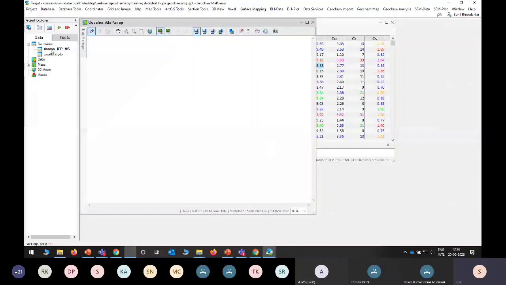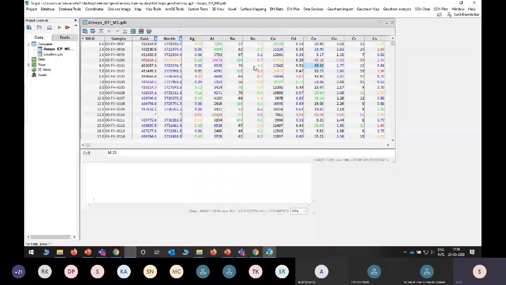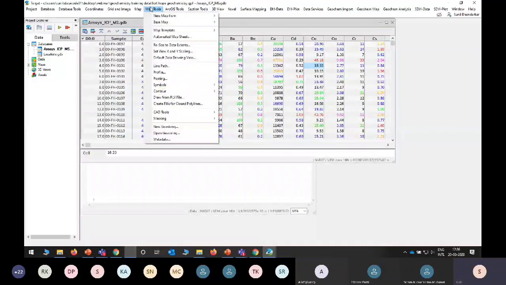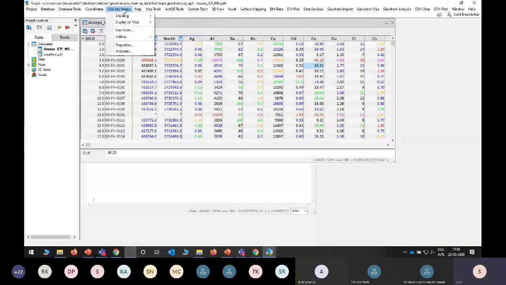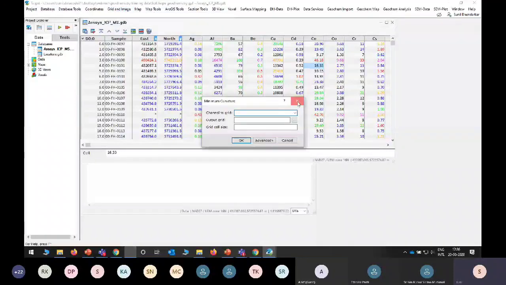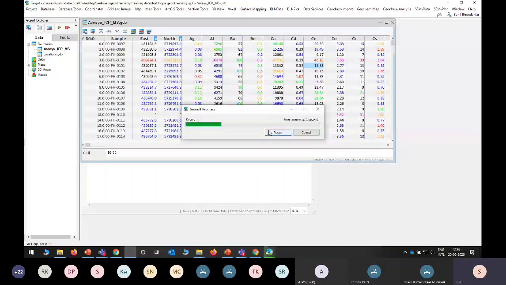For that, the database should be open, and then go to grid, minimum curvature. Now here we will use the figure. That will be the best. I want it for copper or for cobalt, let's say. So cobalt creek. Now we can create this, the cobalt map.